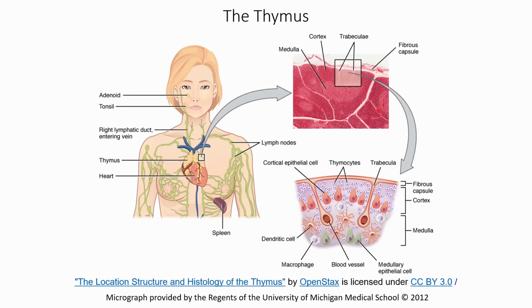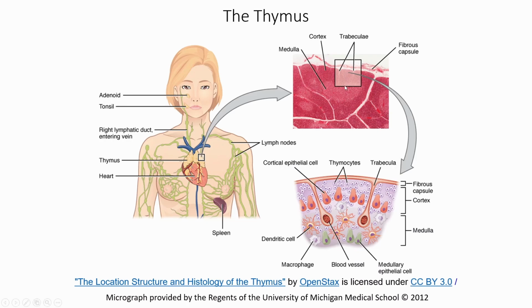The next organ is the thymus. The thymus is an organ that sits right on top, basically just above the heart. The thymus is responsible for maturing T cells, the lymphocytes. It tends to be larger as a child, when you're a kid, and then as you get older, it will shrink down. But if we take a look at it, we see these pockets,